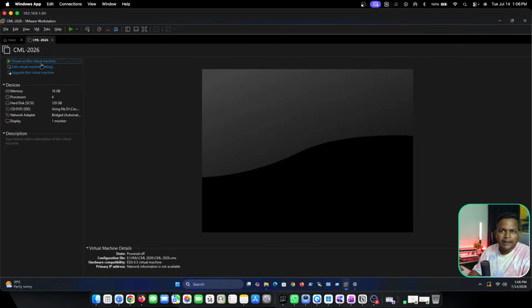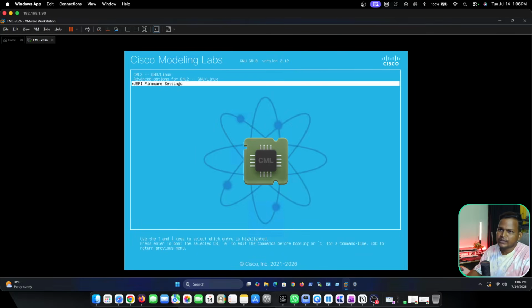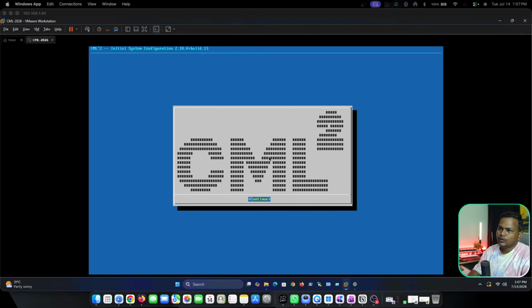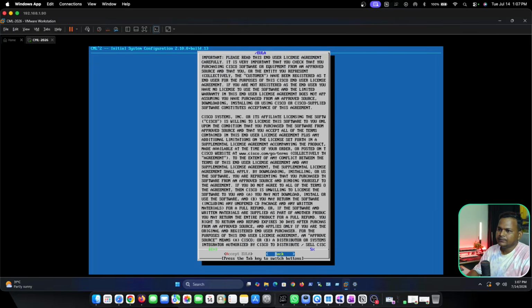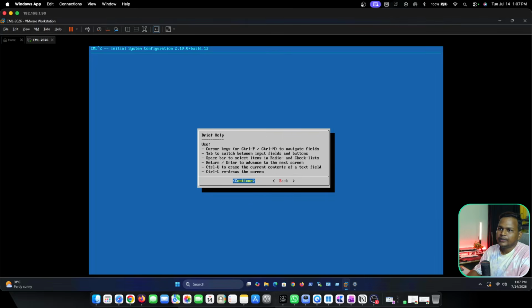Now it's time to start this machine and set it up. You can just power on and wait for a few seconds. Now you can see you can use the first option, so let me select the first option. It will take approximately 1 minute, or maybe it depends on the system speed and your hardware support. Okay, it's done. Now you can just press enter and select the terms and conditions, click on the continue button,